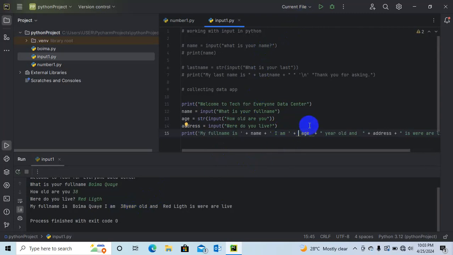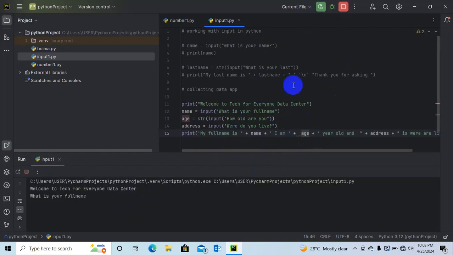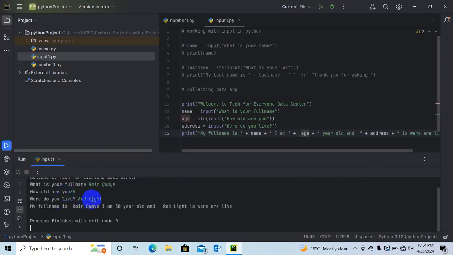So we add a space here, and run it again. Enter 38. Enter. Where do you live? Where light. Enter. So you see that now? My full name is Boimakwe. I'm 38 years old and where light is where I live.